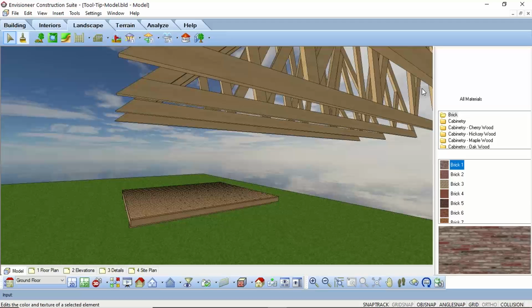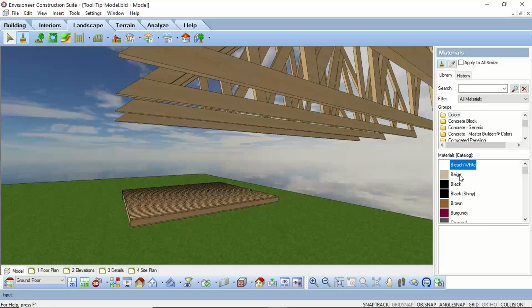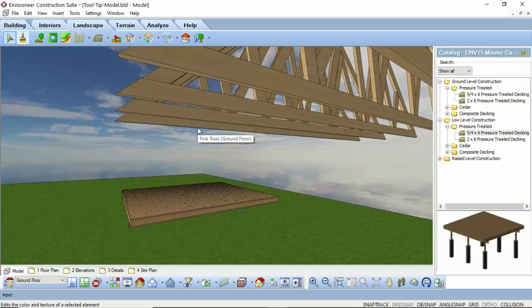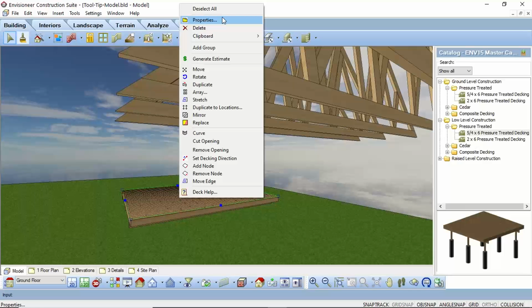So again, I'll just go in, I'll say I want to use, let's just go to colors, I'll say bleach white, and I try to apply either to the deck or the truss, and it won't take it. And that's because these elements are being referenced from the catalog. So what we need to do is we need to create a new element to apply to it. So what you can do here is, let's just go in here, we'll select this deck, we'll go right click, properties,